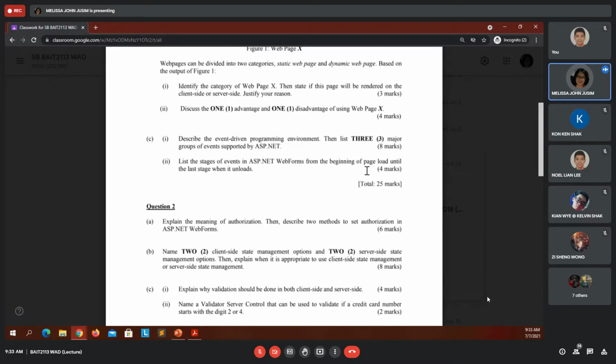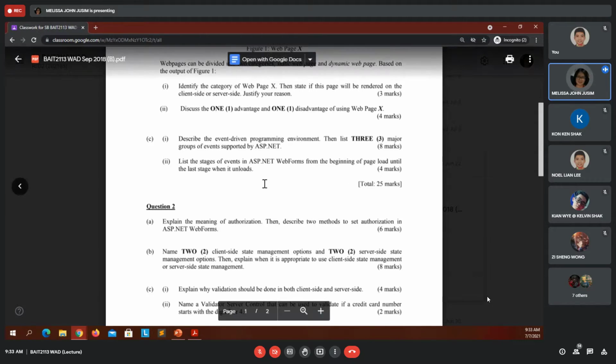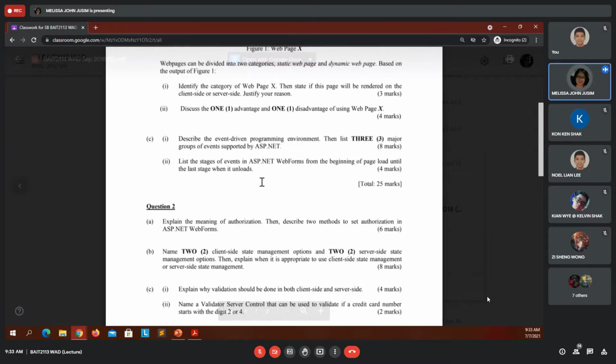Only 4 marks. Now I'm imagining, if students need to do this face-to-face, they need to memorize all the stages starting from page load, which is init, initialization, until unload. Unload means unloading from the system memory. This is a lot of theory, and it is memorizing.